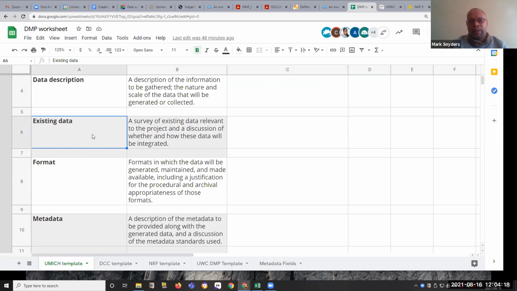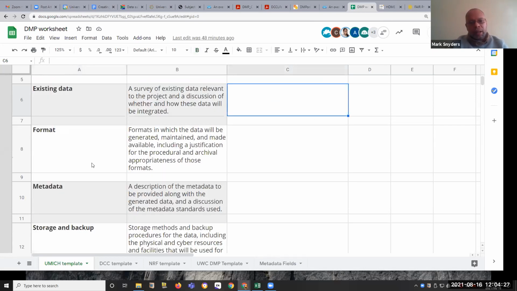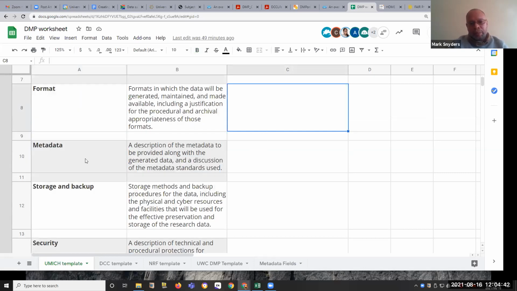So if you are looking at data that is being collected elsewhere, it's important to remember that you need to record the location of that data. We have format. As Sarah mentioned earlier, you need a publicly retrievable format. However, you do need to provide a description of the data format as well as the software that you've used and the version of the software that you've used. Your metadata is a description of, in this case, the metadata that you have used.